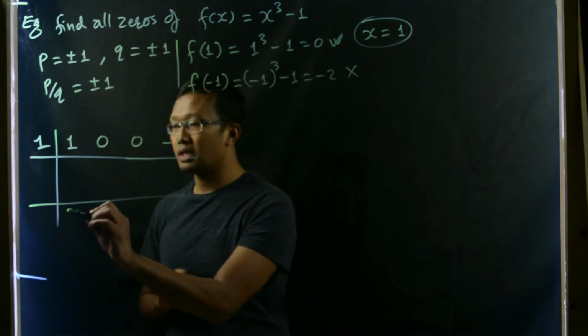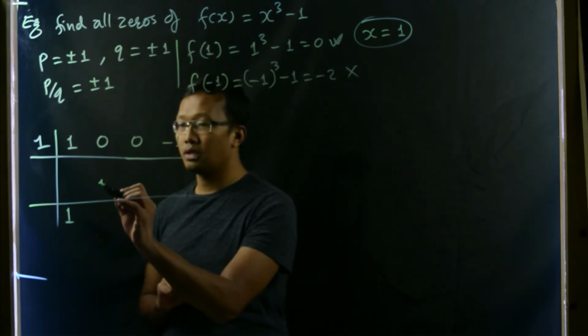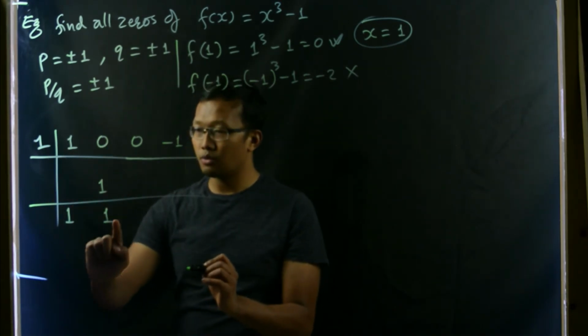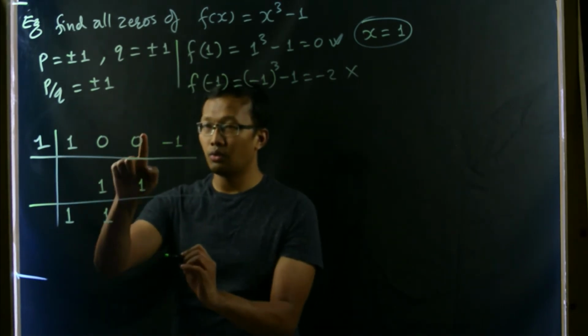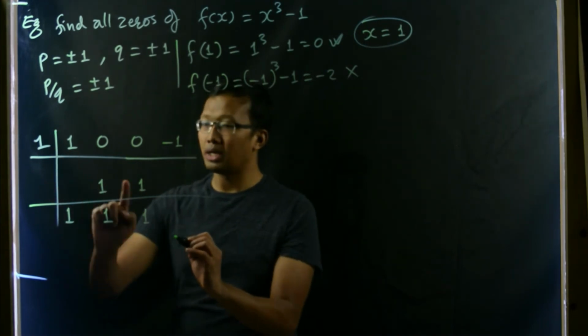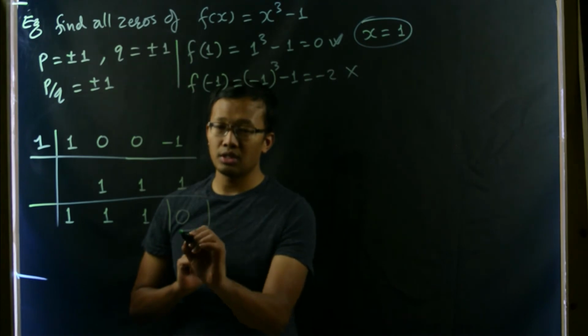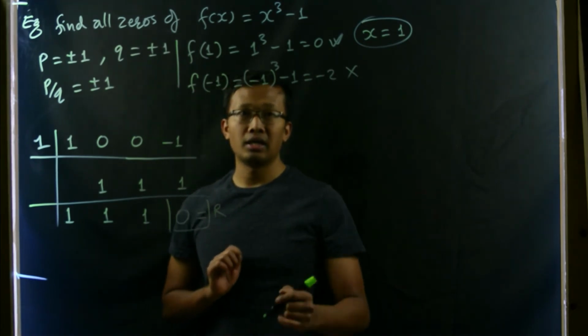Then 1 comes down, so 1 times 1 is 1. 0 plus 1 is 1. 1 times 1 is 1. 0 plus 1 is 1. 1 times 1 is 1. So -1 plus 1 will give us 0. So this is the remainder. And the quotient